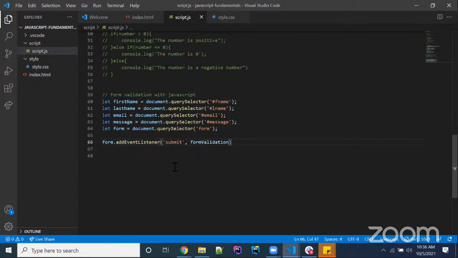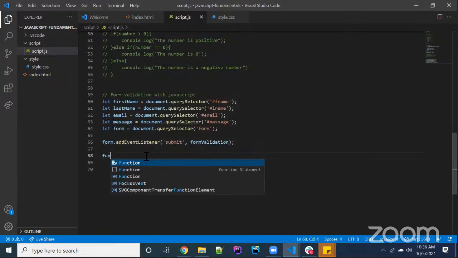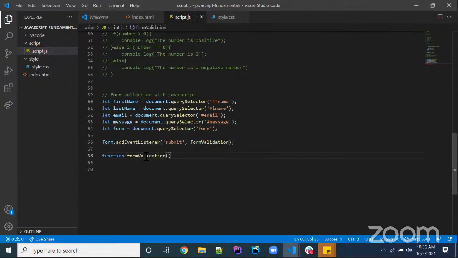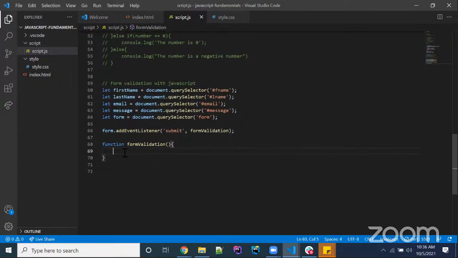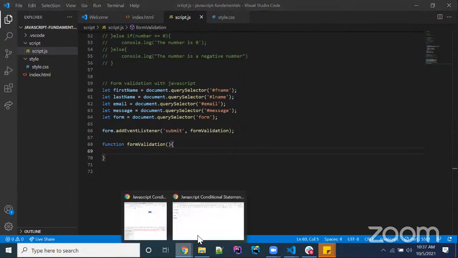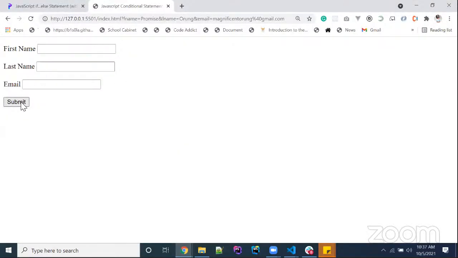And you can decide to use this and just leave it. And then since this is a function name, you have to create that function. So using your function keyword, you just create this. Okay. And with the conditional statements, but before this, you notice that when you are submitting your form, when you click on